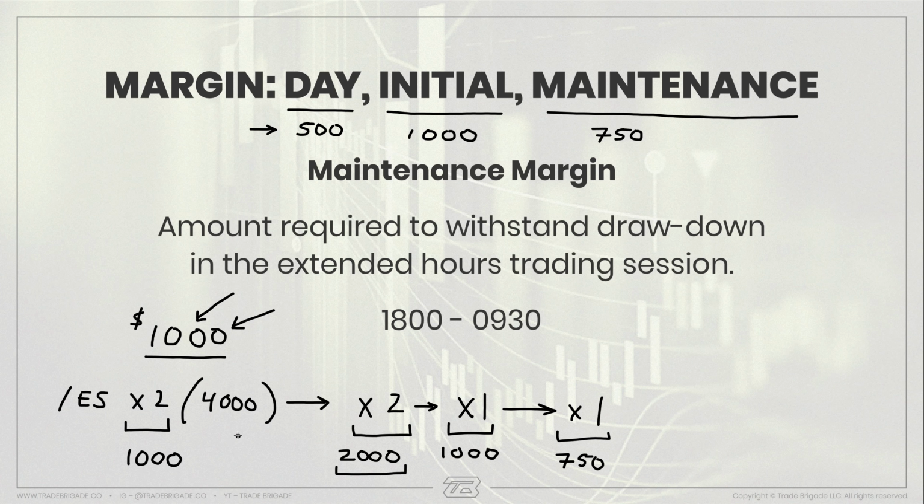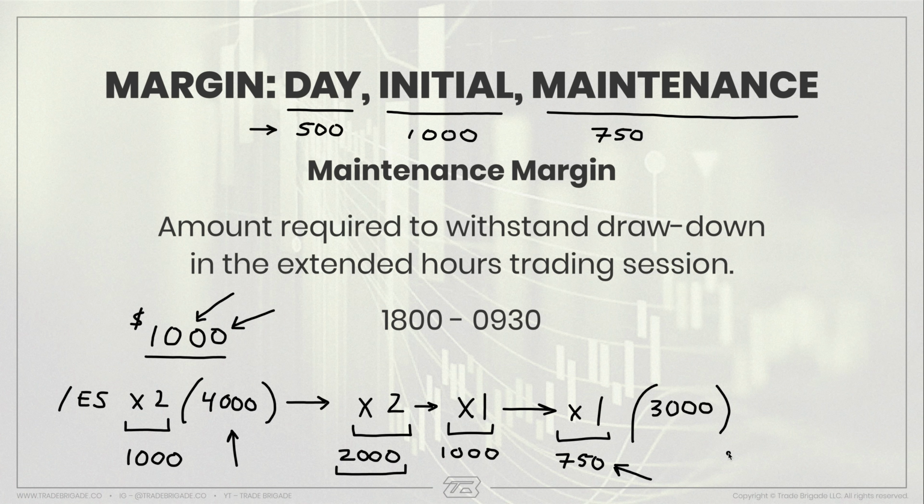Let's say we got into the ES at 4,000 points, right? What happens if during the overnight session, now price goes all the way down to, again, this is completely theoretical, I'm not saying ES would ever do this, let's say it drops 1,000 points overnight, right? At some point in time, because you had $1,000 tied up in that one contract, it's going to be worth much less than $1,000. So if that amount is starting to go below our 750 maintenance margin requirement, you're going to get another phone